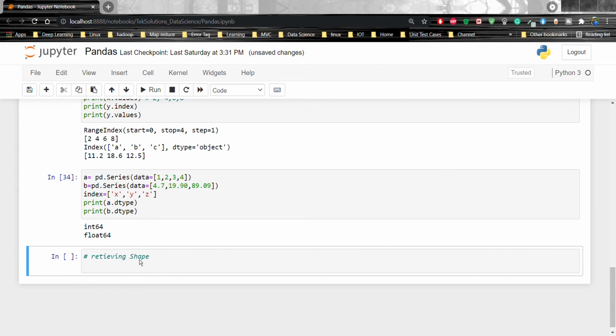The shape of the Series object defines the total number of elements, including missing or empty values, that is NaN.